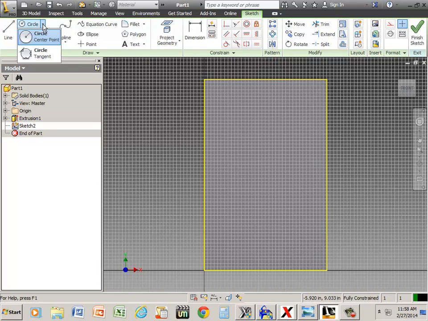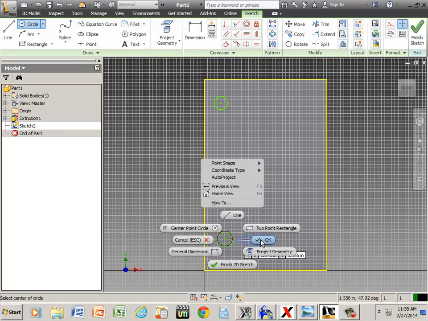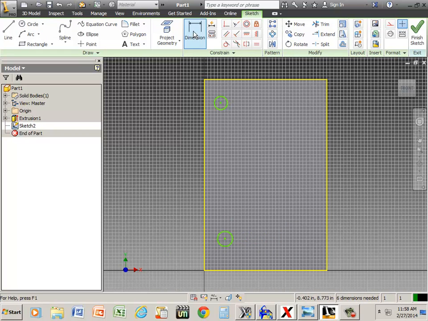If I go to circle center point, I'm just going to draw me a circle here, and I'm going to come down here and draw me another circle. It doesn't make any difference where they're at or what size they are right now, because I'm going to dimension them. If I click on dimension and click on this circle, bring it out, I want that to be 0.5 or 1/2 inch. And let's do the same with the bottom circle,